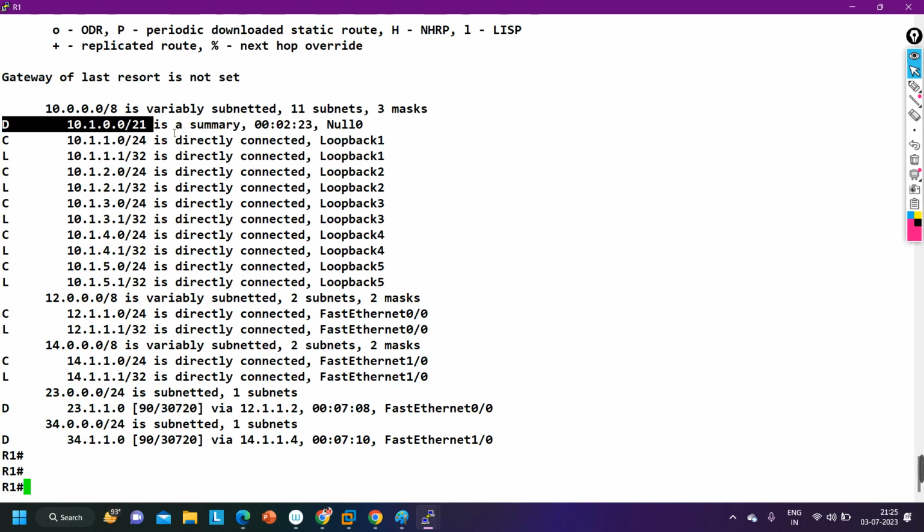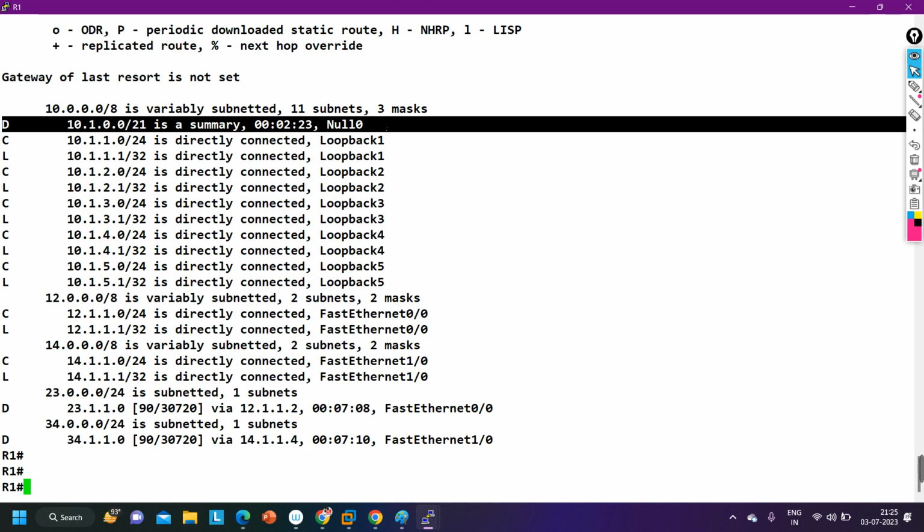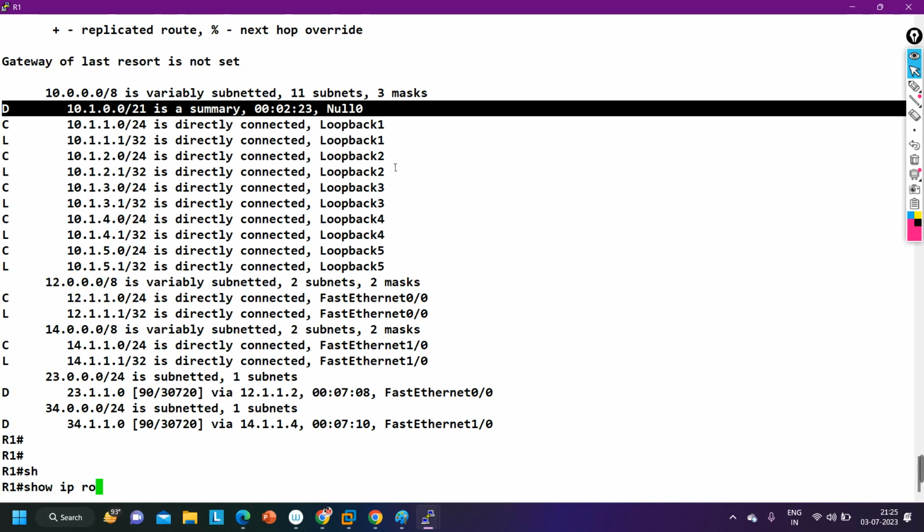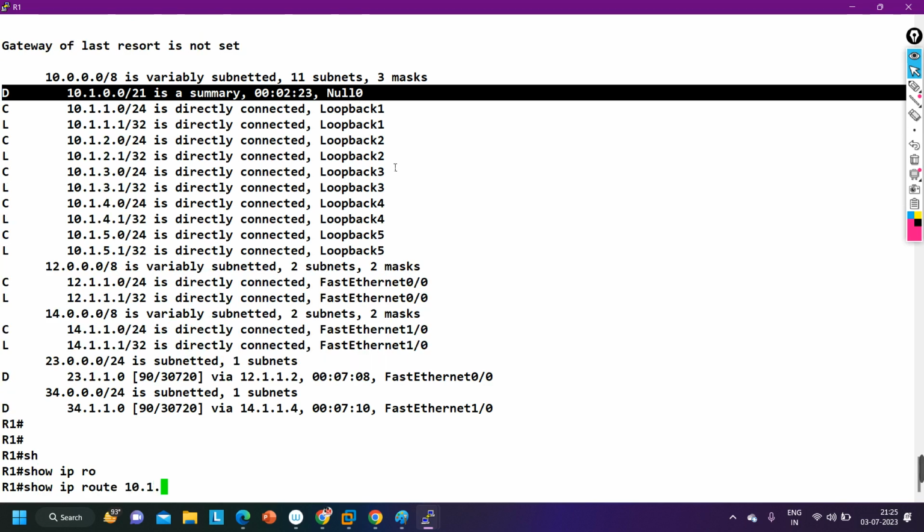Why? May I know the reason why the router has installed this entry inside its routing table? So show ip route 10.1.0.0.